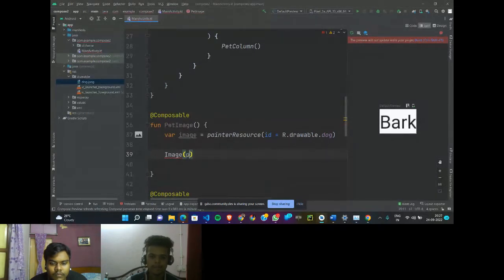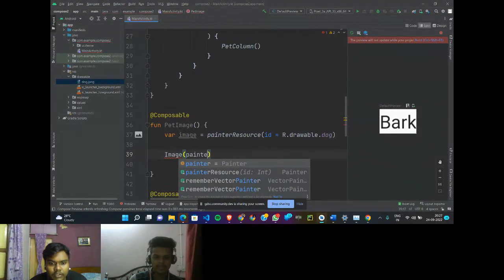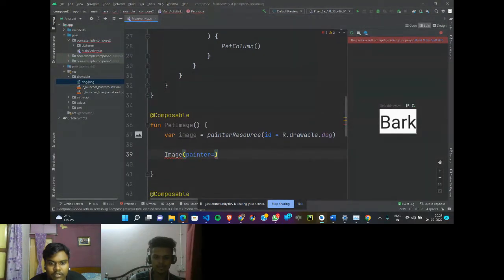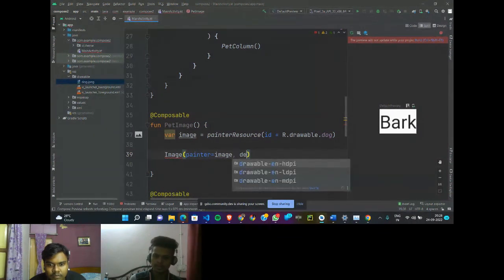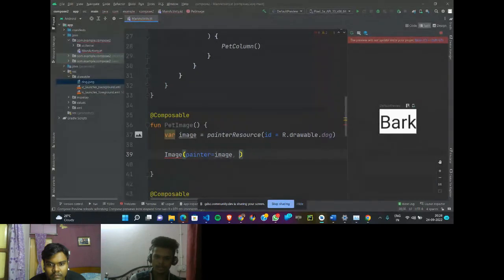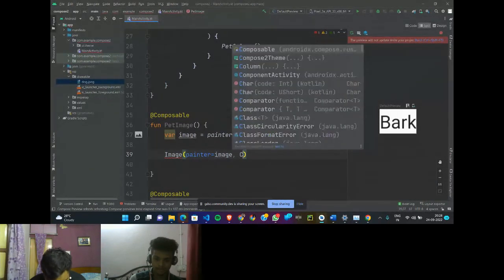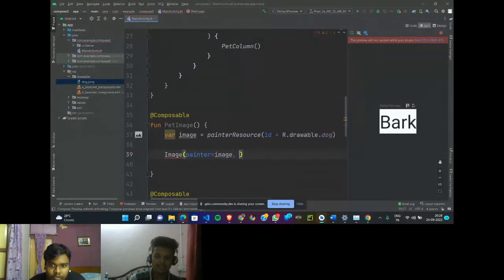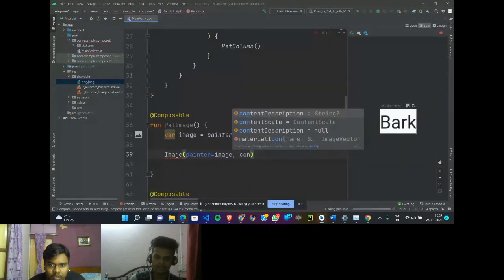কী যেন ছিল, পেন্টার। পেন্টার না, ইমেজ ছিল। আচ্ছা পেন্টার, ইকুয়ালস টু ইমেজ। যে ইমেজ এর আগে তুই ভেরিয়েবলটা বানালি না, ওটাকে জাস্ট কল করছিস। এবার ডেসক্রিপশন, কন্টেন্ট ডেসক্রিপশন ইকুয়ালস টু। এমএল কেস কন্টেন্ট ডেসক্রিপশন। না না, সি টা স্মল দিয়ে স্টার্ট। হ্যাঁ কন্টেন্ট ডেসক্রিপশন